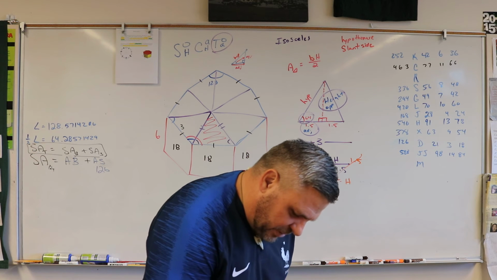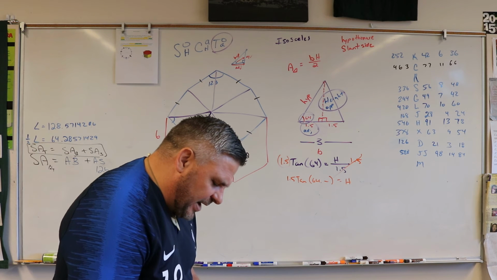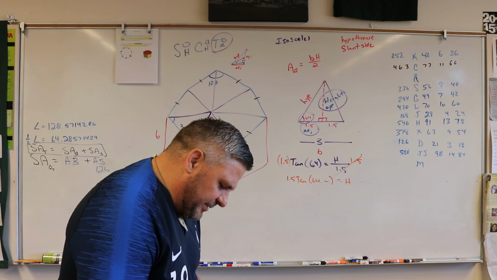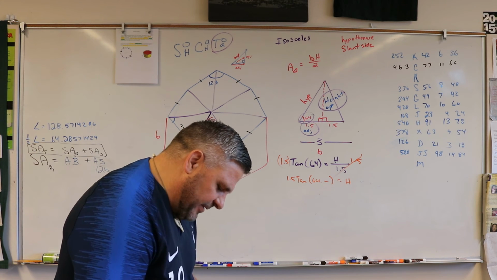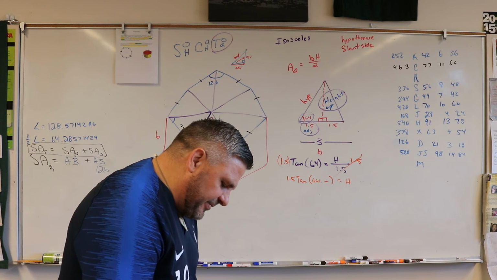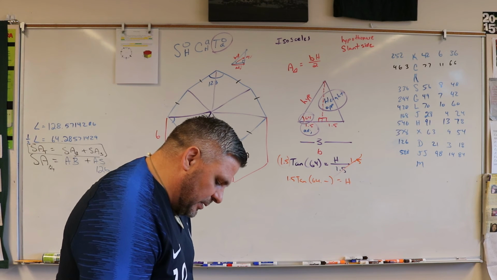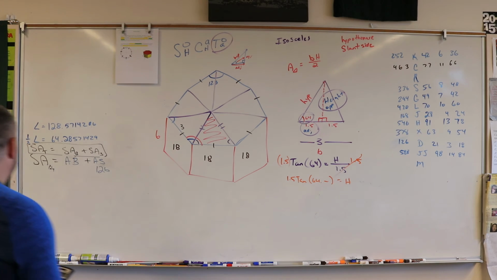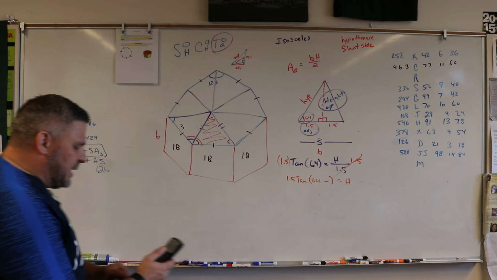Okay. So I got 1.5. Not 0.5. Come on. 1.5. No, 1.2. God, big fat fingers. Alright, 1.5 times the tangent of 64.2857 1429 in the parentheses equals, what I get is